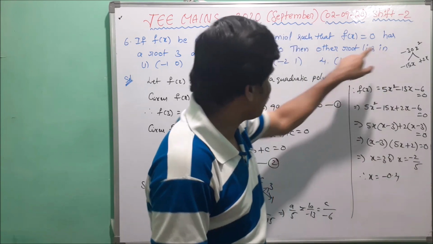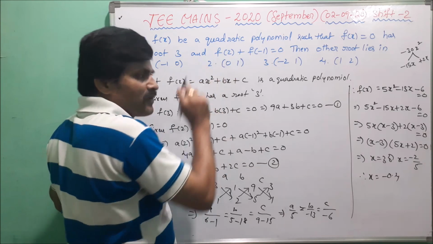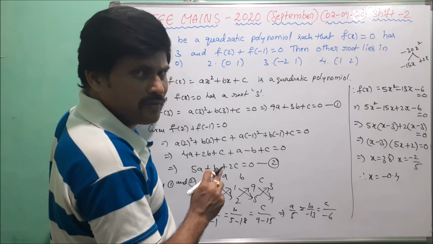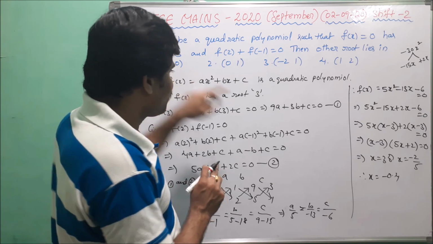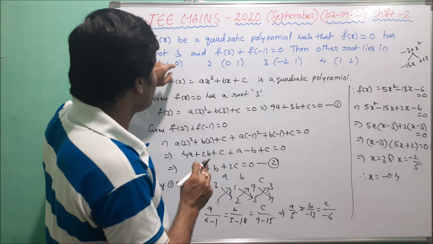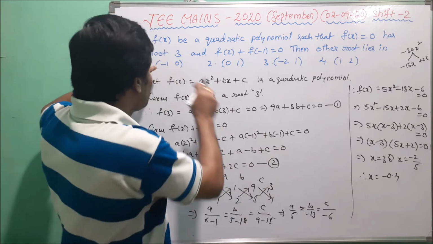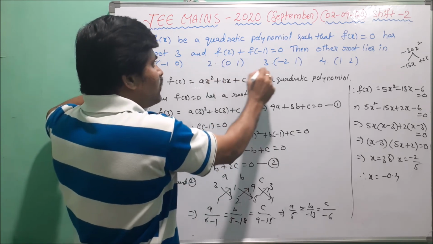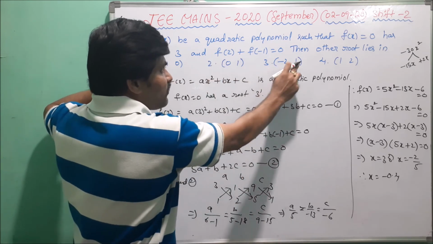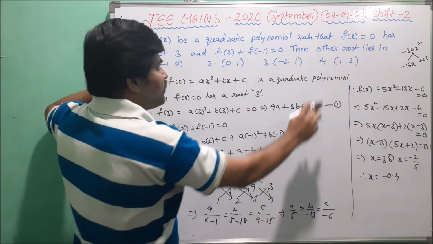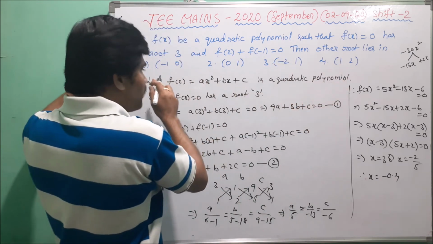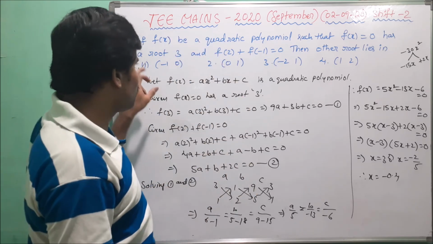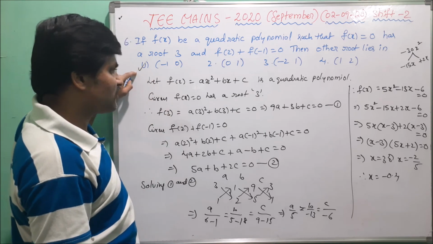Here this value lies in which option? Clearly we observe minus 0.4 lies in the open interval minus 1 and 0. This is negative, so this is minus 1 to 0. Now that value clearly lies between the open interval minus 1 and 0. So the second option is wrong. In the third, this is minus 2 and 1. This is 1 and 2. Now we observe clearly that the value lies between minus 1 and 0. This is the solution, which is the first option, the right answer.